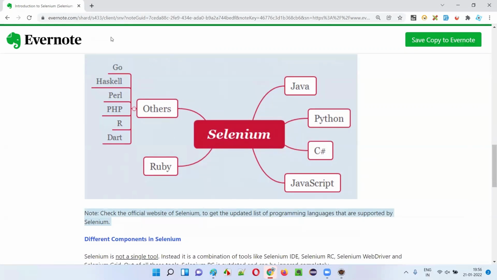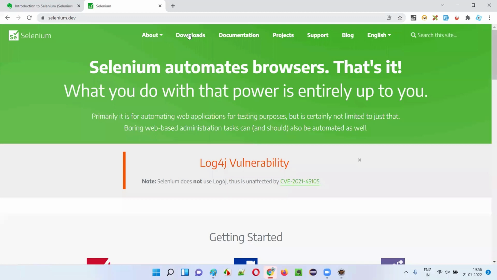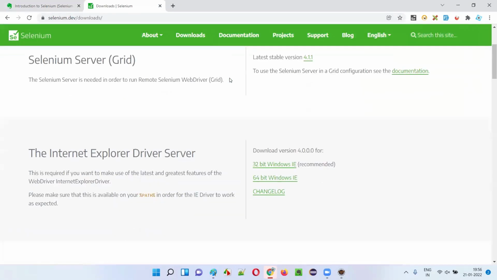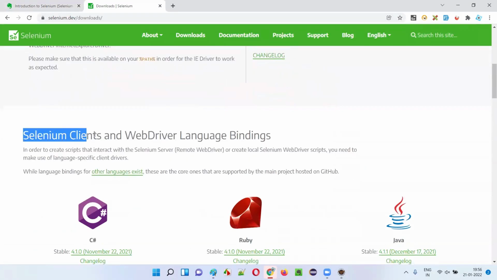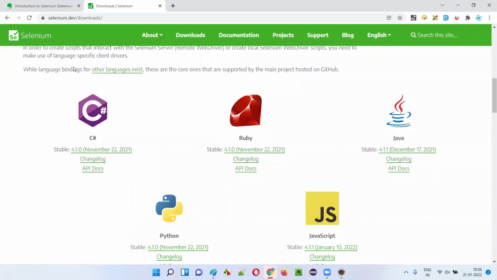what is the best place, guys? Again, the official website of Selenium. The programming languages Selenium supports may differ tomorrow because they keep changing. So the best place to find the different programming languages that Selenium supports is the official website, selenium.dev. Go to the downloads, scroll down until you see something known as Selenium clients and WebDriver language bindings. Under this, you see which programming languages Selenium majorly supports: